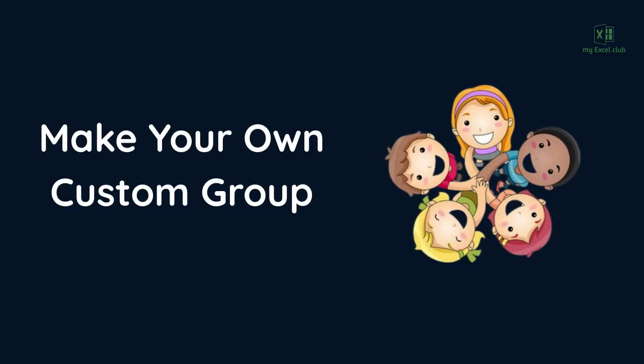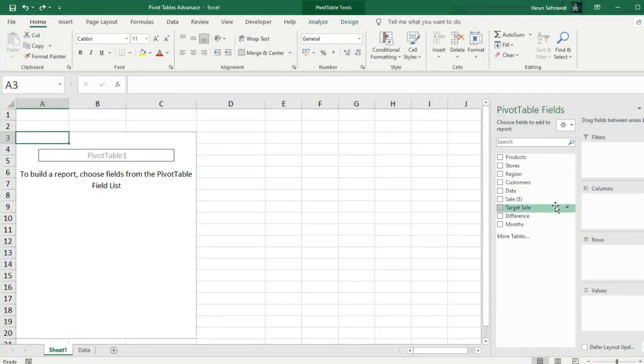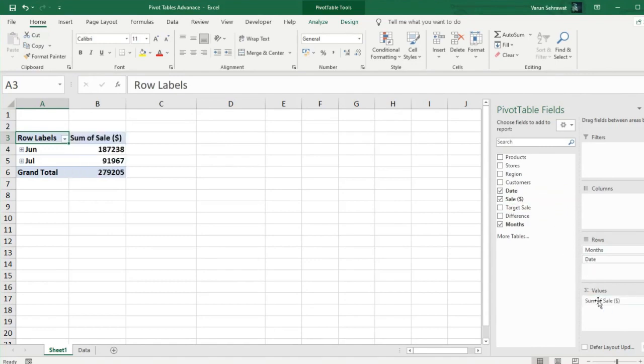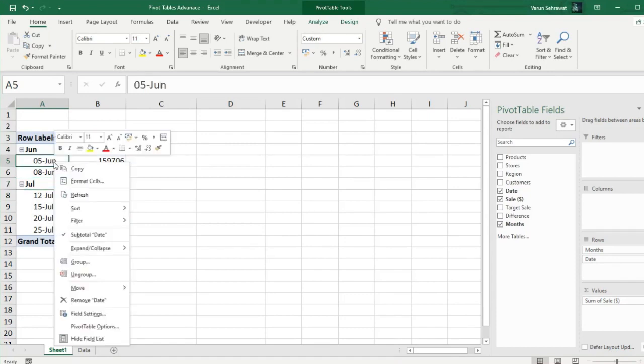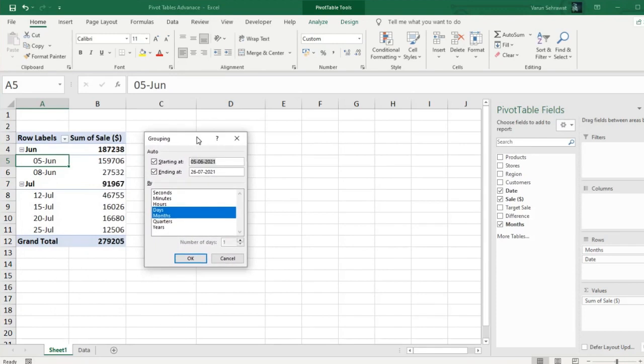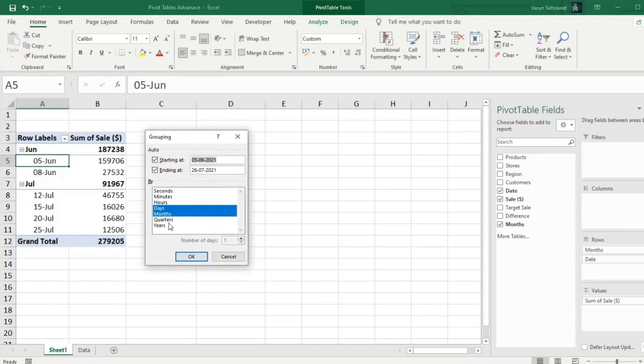Make your own custom groups. Let's have a look at the sales by date. So I will bring the date to the rows field, and by default it shows me the data for each day. Let's say I want a different custom group. So right mouse click on the dates column, go to Group, and now here you can decide if you want to have groups based on quarters or years instead of month or date.